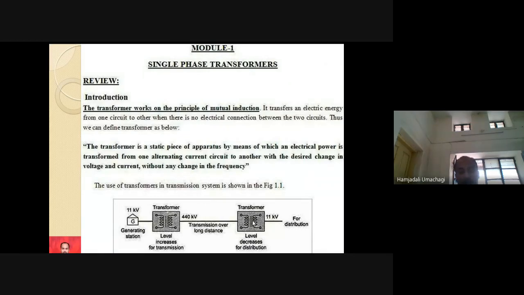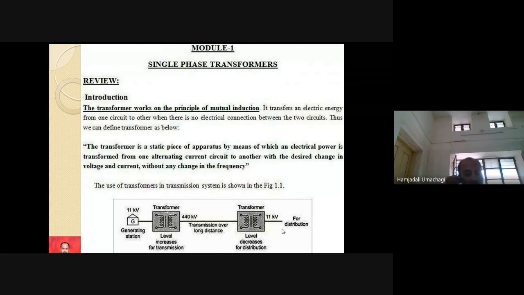This step-down transformer converts 440 kV to simply 11 kV. Now this 11 kV is distributed to some of the substations. Again in the substations, they further reduce the voltage levels and maintain some constant voltage for the consumers. So for three phase it will be 440 kV, and for single phase it will be 230 kV.